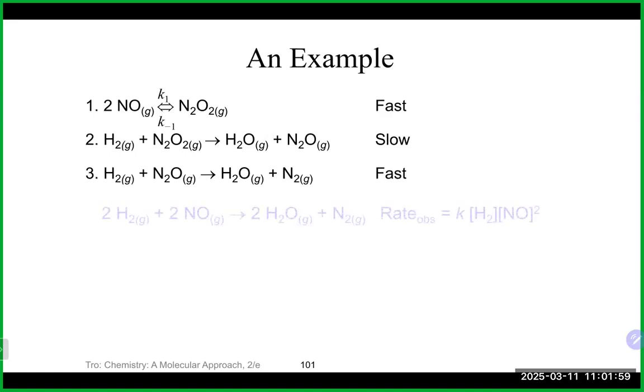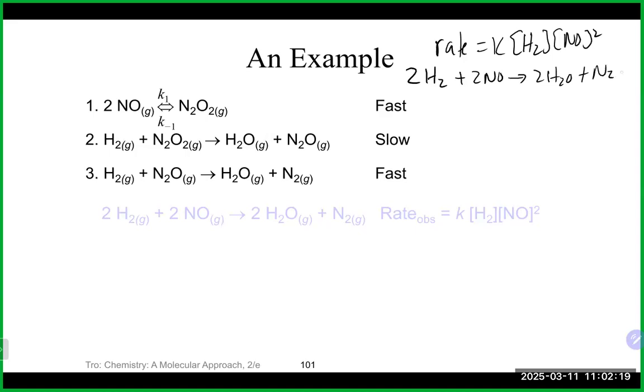So in this reaction, we have a three-step mechanism, and experimentally, the rate was found to be k times H2 and NO squared. And we have this reaction of 2H2 plus 2NO goes to 2H2O plus N2 in this particular case. First off, we can know based on what is given here that this is the rate determining step. And in order for this mechanism to be good,